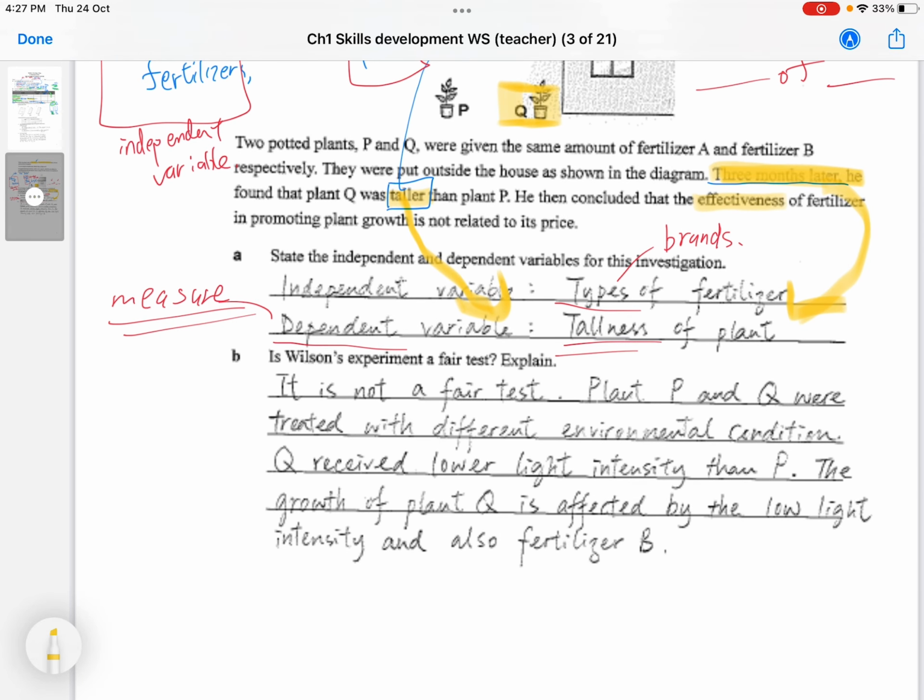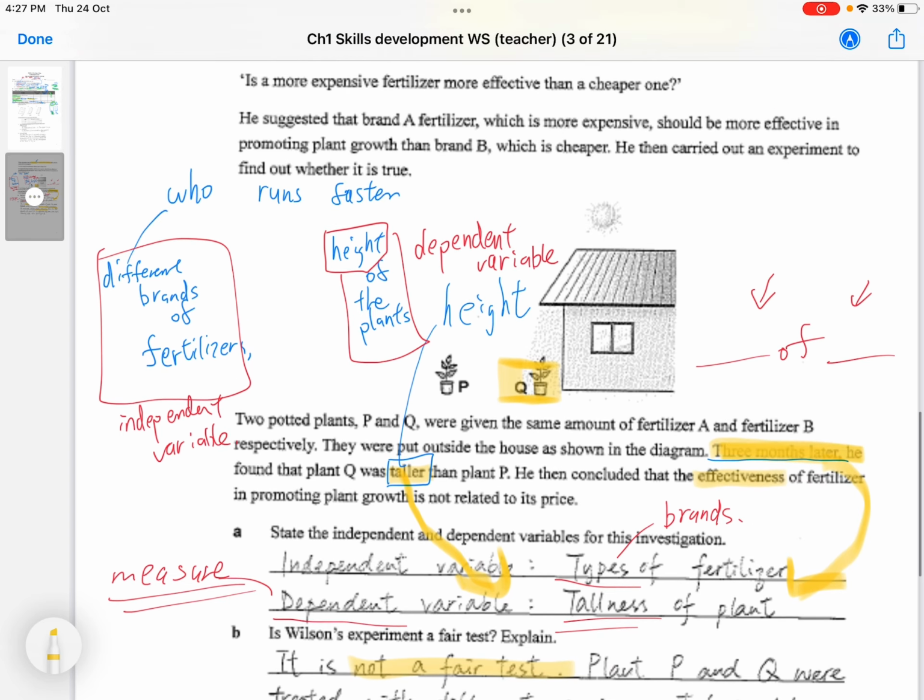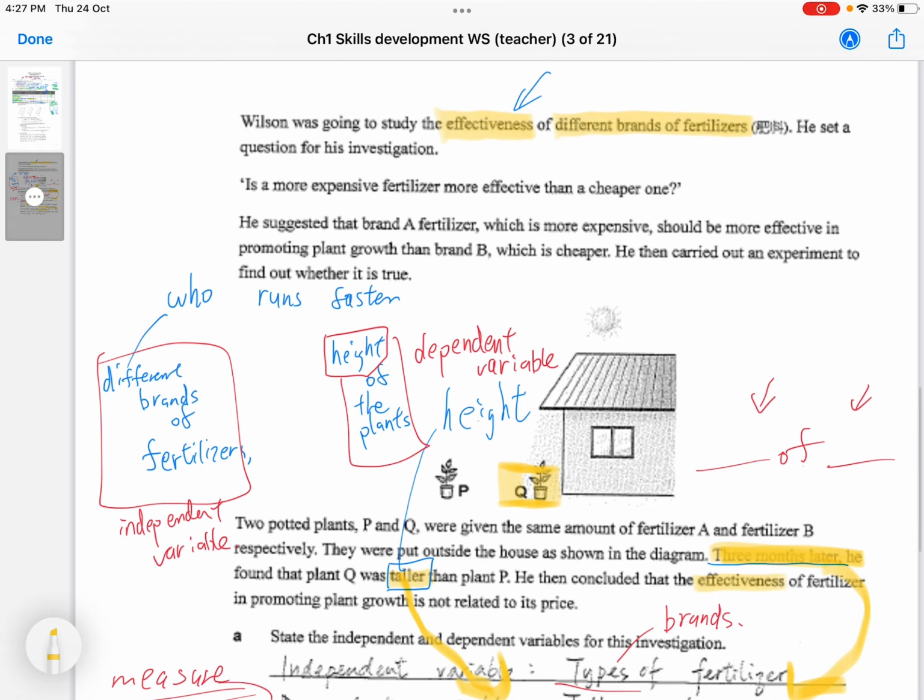So here is not a fair test because there are so many environmental concerns, such as the light intensity. 究竟光定係暗啦，有機會都會影響嗰個嘅實驗結果嘅，所以 it's not a fair test. So my point up to here is that the information are always inside the question. Just highlight them and transcribe them into an easier format for you to analyze, just like who run faster，邊個跑得快啲，邊種肥料有效啲，係嘛？